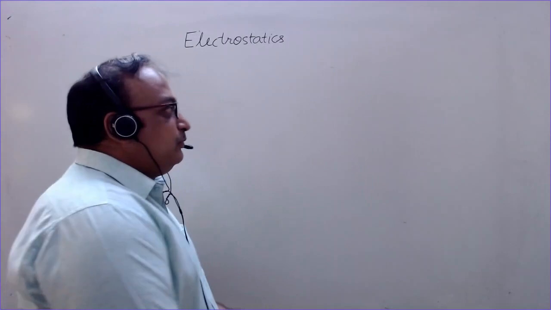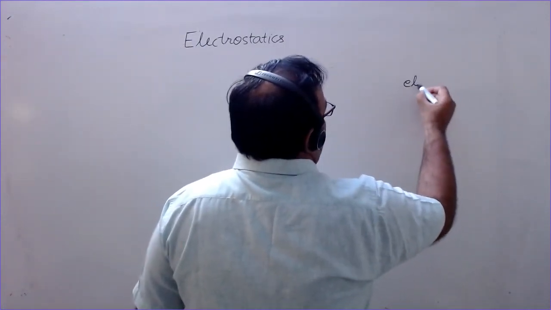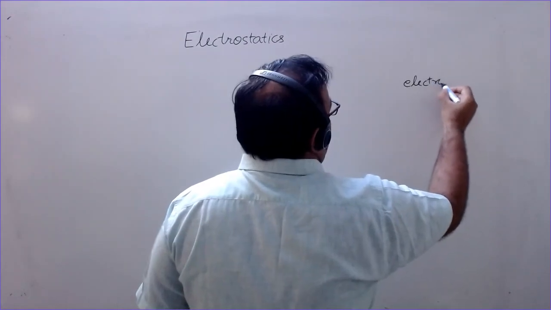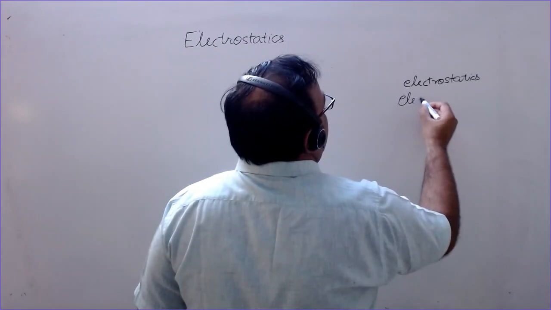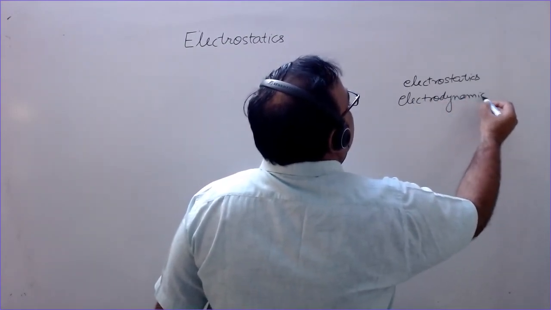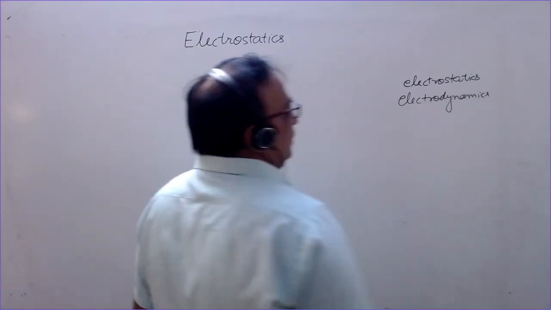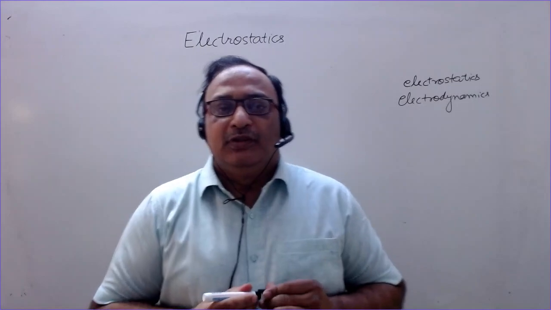So let us talk about electrostatics. You know that there are two branches of this topic: electrostatics and electrodynamics. Electrostatics, electrodynamics. तो इलेक्ट्रोस्टैटिक का मतलब होता है that charge is stationary, it is not moving, so charges are applying